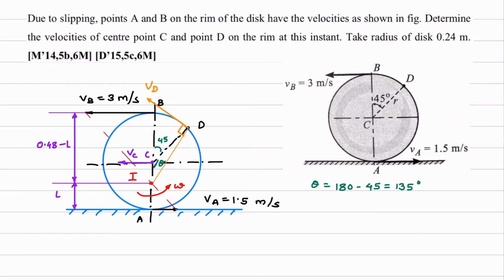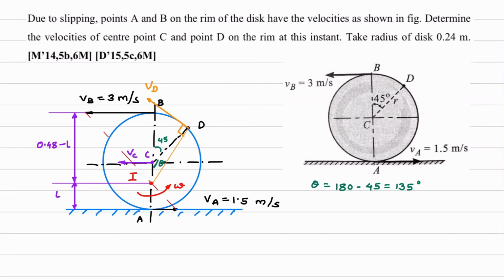Okay, now how to locate the ICR in this case? We have to draw a perpendicular to both velocity vectors. So this AB is the perpendicular to the velocity vectors, and we have to draw a line joining the velocity head of VB with the velocity head of VA. So this line I have joined. Wherever it intersects this AB, that point will be the ICR I. So here you can see I have shown ICR I.